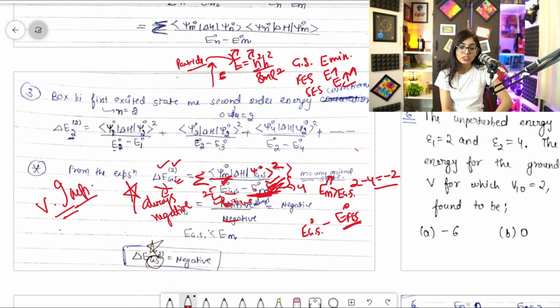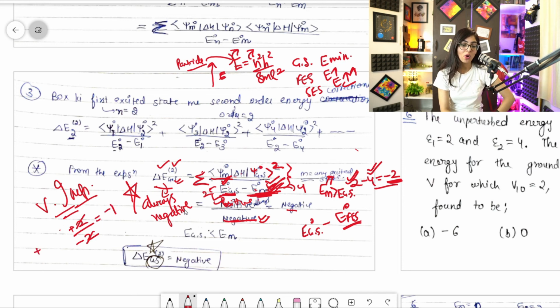Fine. So if you subtract a greater number from a smaller number like this, you are getting things in minus. So this will always be negative. The denominator will always be negative. And positive by negative will be negative. If I write plus 2 divided by minus 2, I'll write my answer as minus 1, obviously.